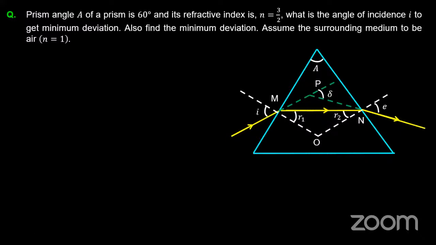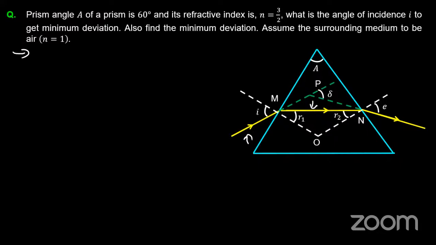Okay, let us solve this question also. This is also a numerical. In this numerical, the incident ray is going like this, and it is showing the minimum angle of deviation. Even by just looking at the picture, you can say the angle of deviation is minimum. How can you predict this? If the ray is parallel to the base, remember this.